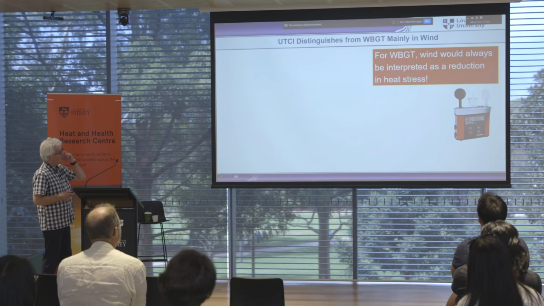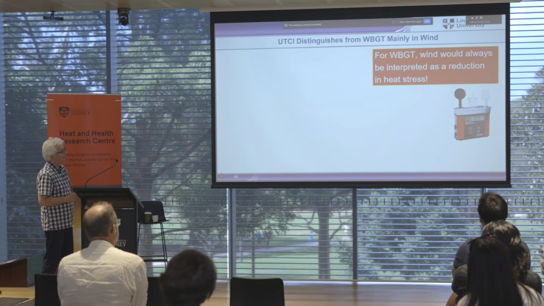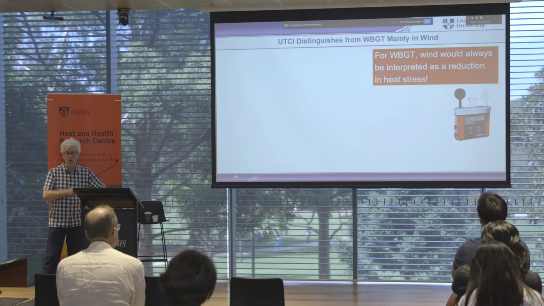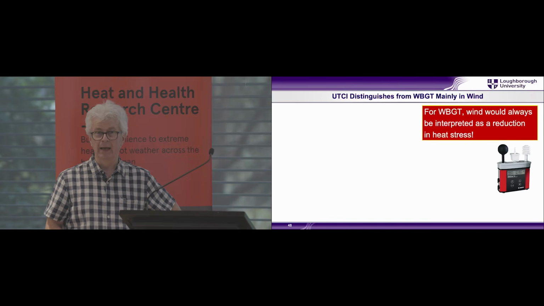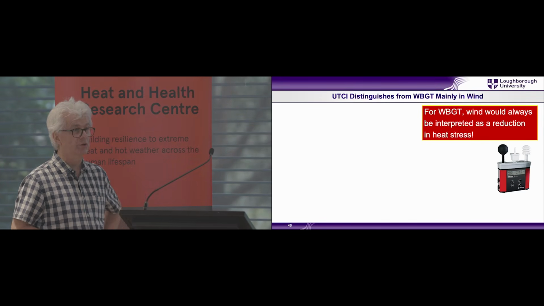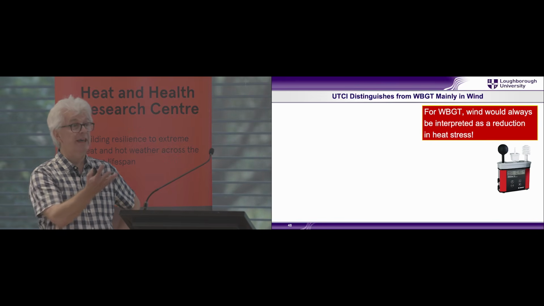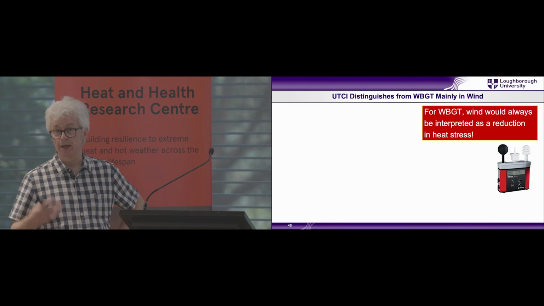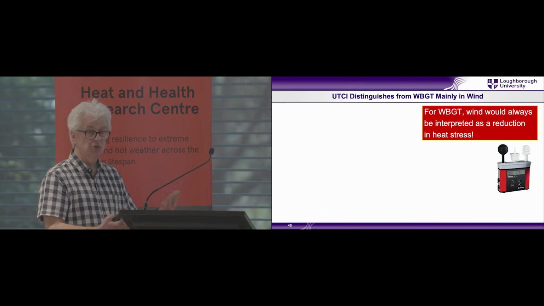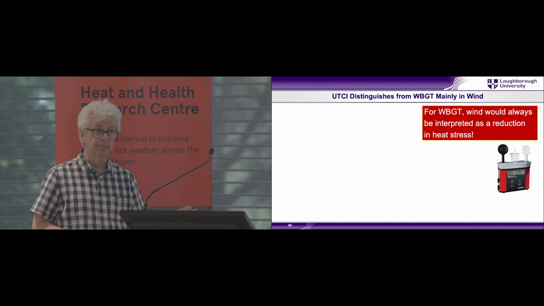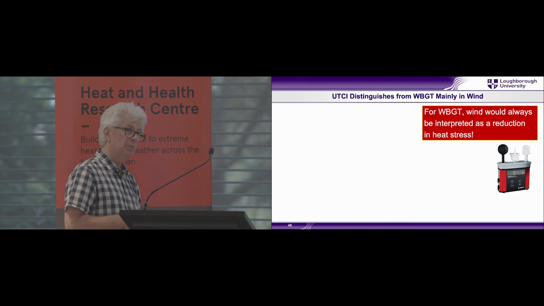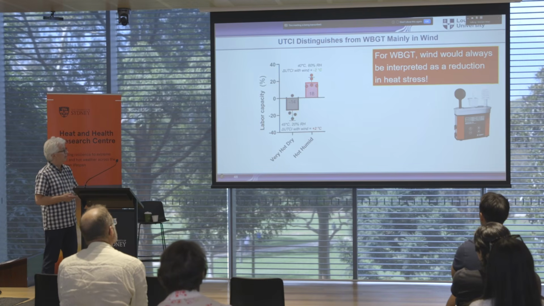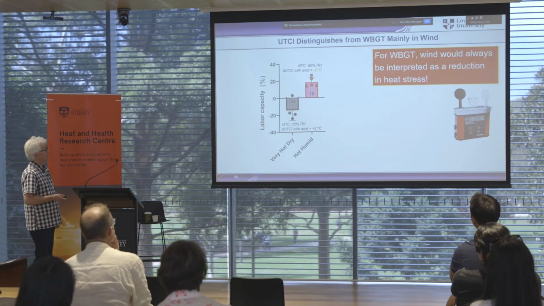And just to try to explain these, if you have this instrument and blow wind over it, your WBGT will always come down. No matter what the temperature is, it will come down. And that's not what happens to a human. If I put you in 60 degrees Celsius, or in your hot air oven, when you switch the hot air circulation on, everything cooks much quicker. So if you have a climate of above 50 degrees Celsius, you add wind, it makes things worse. It helps you evaporate sweat, depending on the humidity, but it will push in a lot of heat. So the WBGT will always get better if you add wind, and that's not what we found in the data.